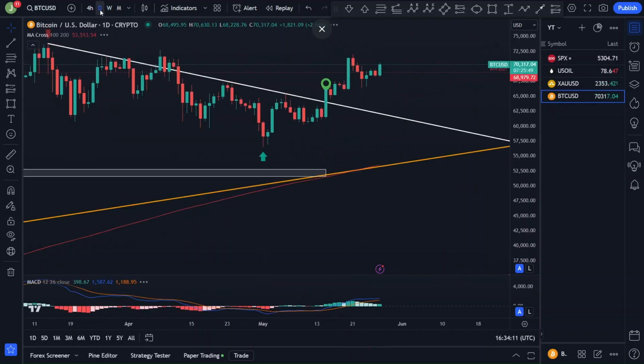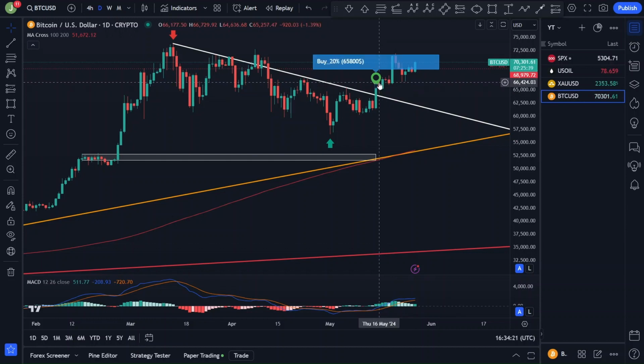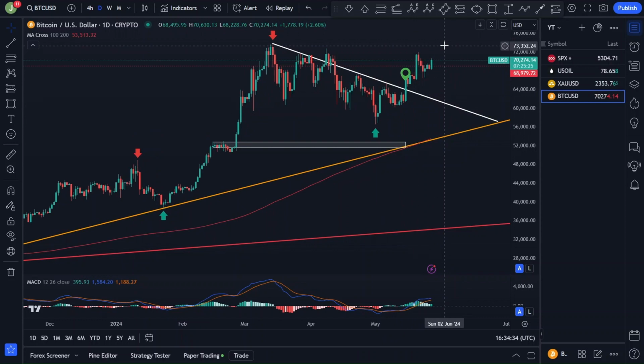It pretty much looks like this formation has been broken to the upside, and that was also the moment where I bought 20% of my account balance in Bitcoin, because of this engulfing candle that broke significantly above this level. We are first safe if we really see a surge above the last all-time high, but so far I'm pretty confident that price will do that.